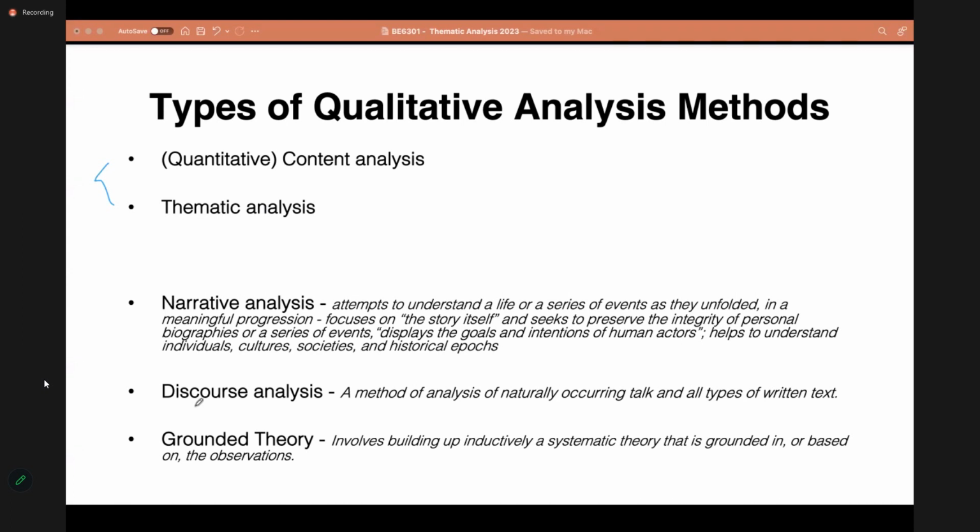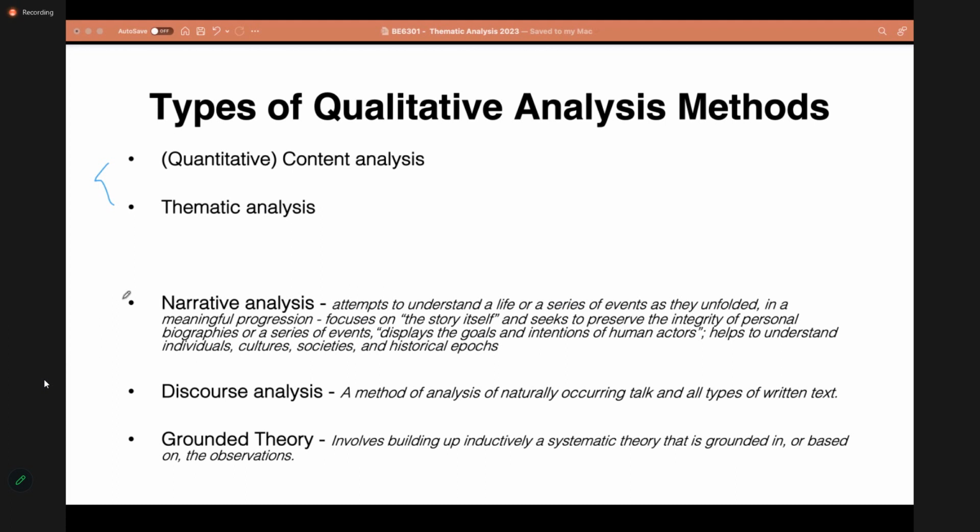And then there's grounded theory, where you're trying to build up a proper explanation or a theory which is grounded in, or based on, your collected data. So rather than something framed or informed by literature, you build a theory from the collected data itself.